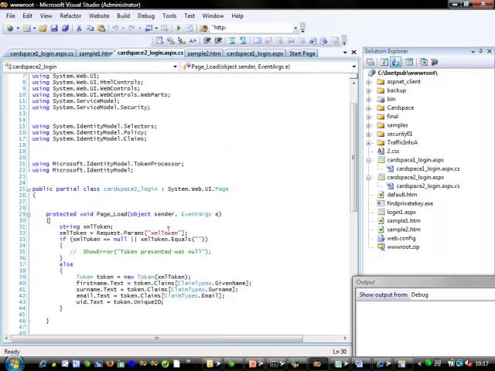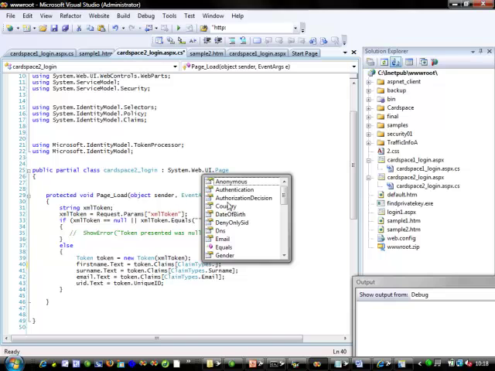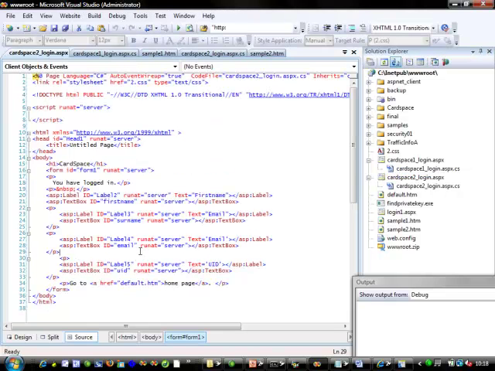So this time in the second one, what we do is that we read in the card, and then we can define a token, and the token itself gives us certain claim types that we can actually take from the card. So we can get things like date of birth, country, email, gender, mobile phone, and so on. So just put it back as it was. So this will allow us to show the first name, the second name, and the surname on the card. The basic user interface is this,